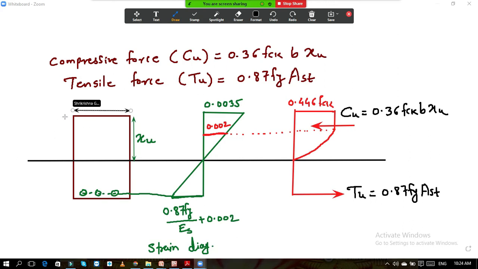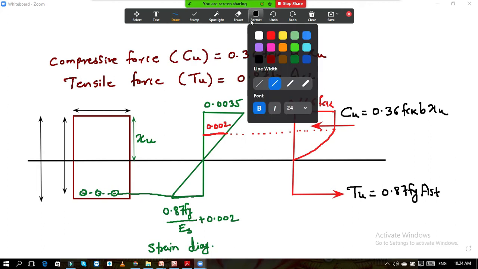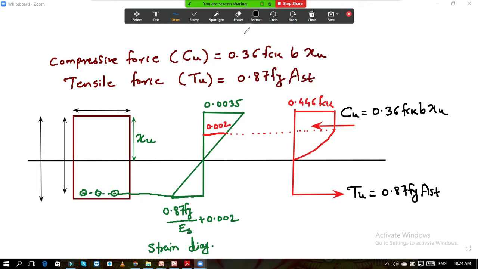Okay, from this point to the center of the reinforcement, this is the effective depth, and this depth is the overall depth. So this is your B, width of the section. This is your small d, that is effective depth, and this is capital D, that is overall depth. I hope now you are clear about what is effective depth. I have explained that in the last lecture. Still, if you have any problem in understanding this effective depth, let me know in the chat box now, so I will repeat that concept because these are very important things.